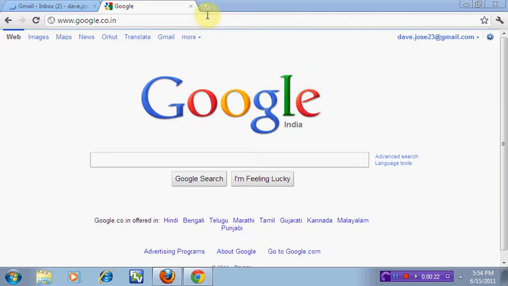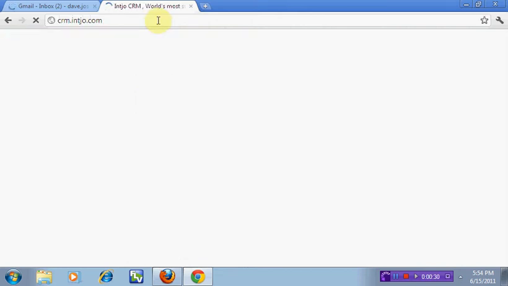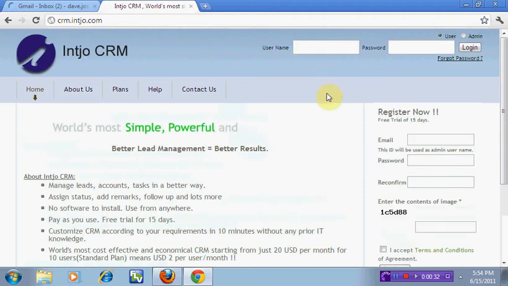So first of all, log on to crm.intjo.com. On the right hand side, you will see register now option.